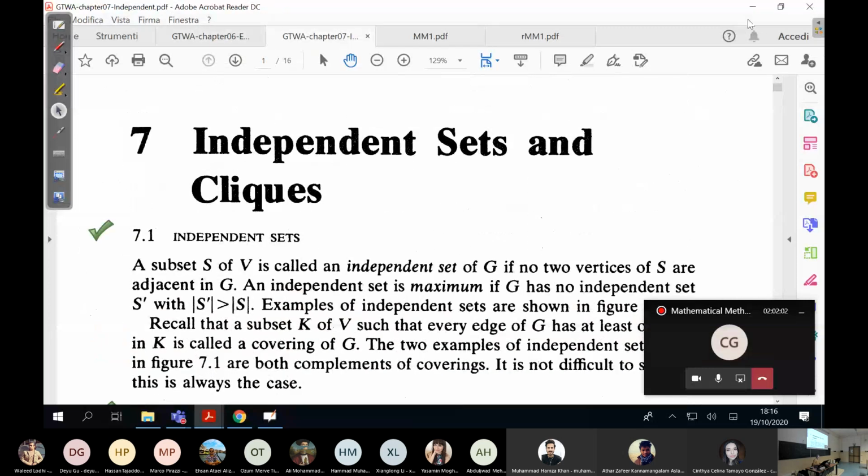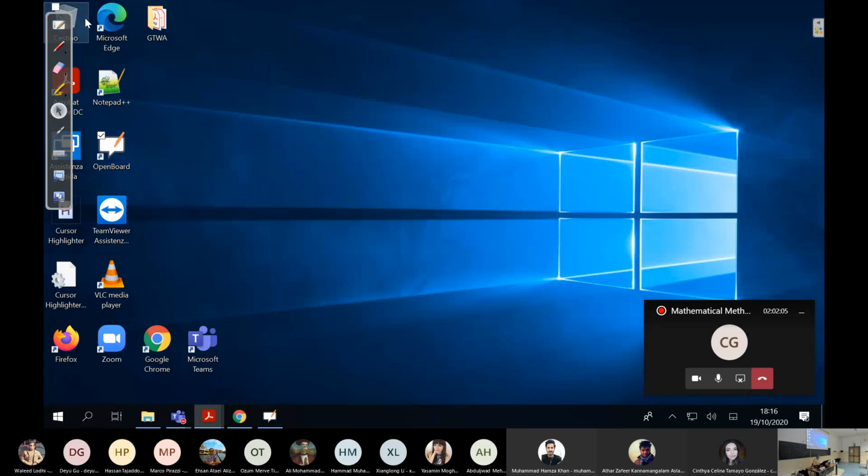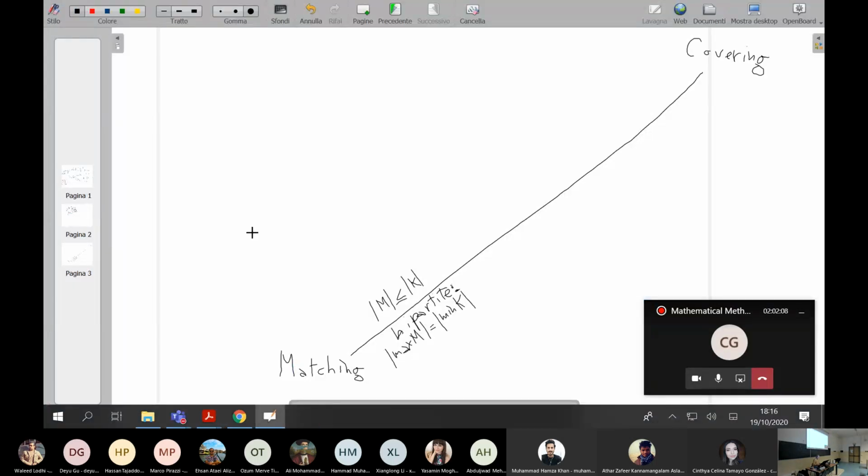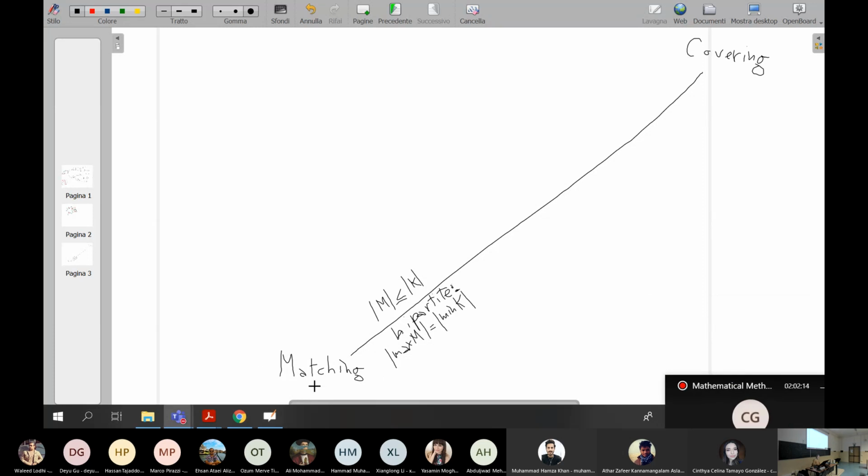Now we go to this, and we had already seen these two types of subsets. Matchings, particular subsets of the edge set, coverings, particular sets of vertices. And there was a connection between them which gave us that the number of edges in a matching is always less than or equal to the number of vertices in a covering. And for bipartite graphs, the number of edges in a maximum matching is equal to the number of vertices